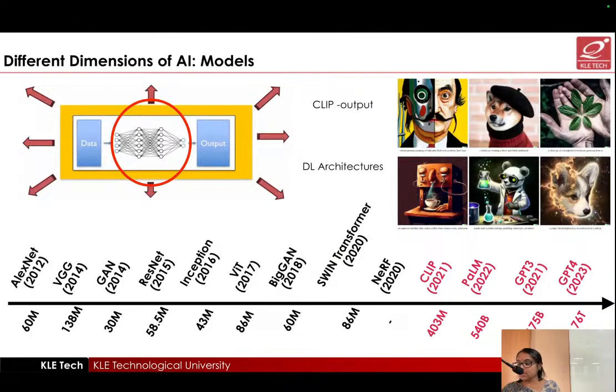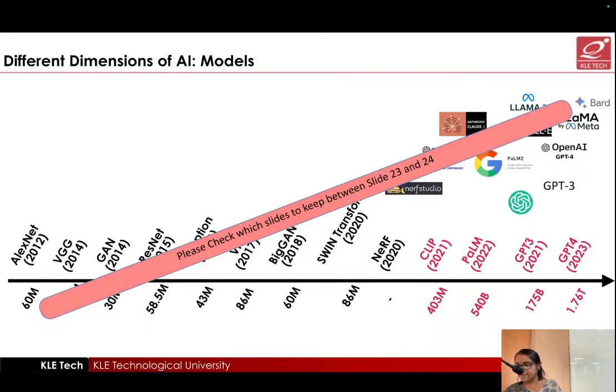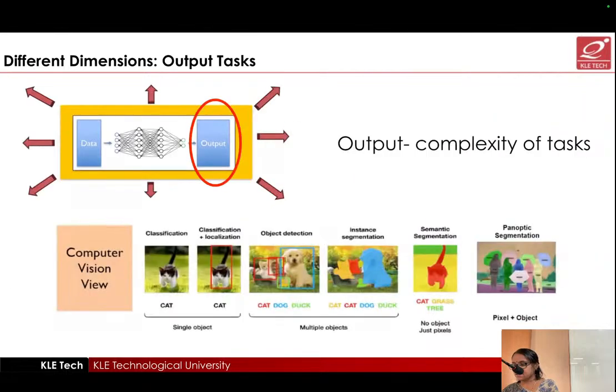Then if you look into the model, a large number of models have evolved, and the number of parameters in each model has also grown heavily. And the next is the task, okay, this is the complexity of